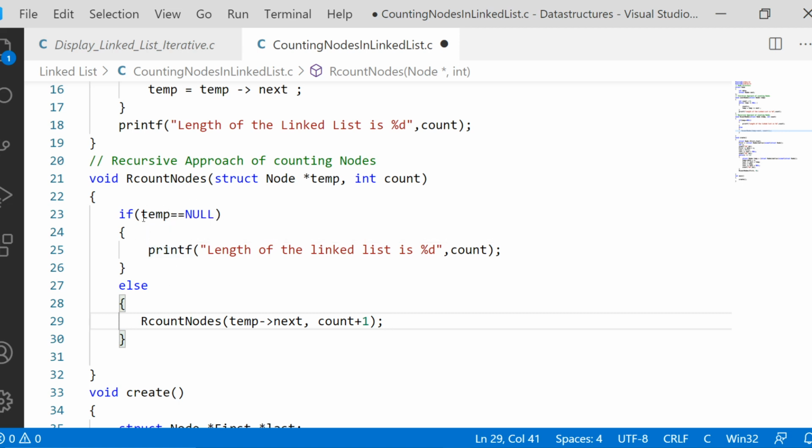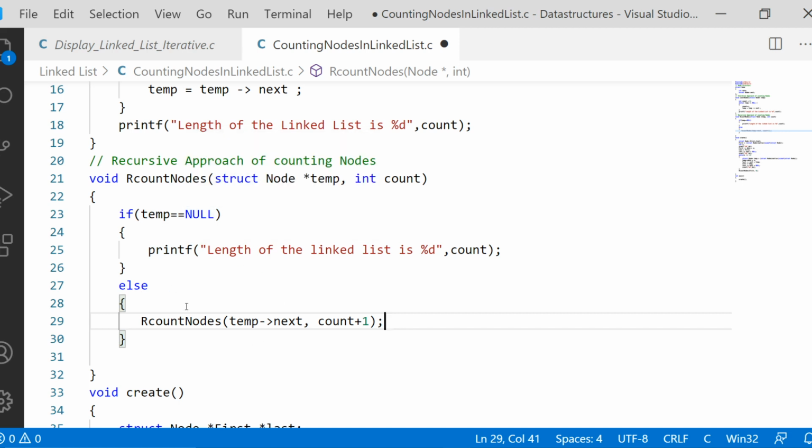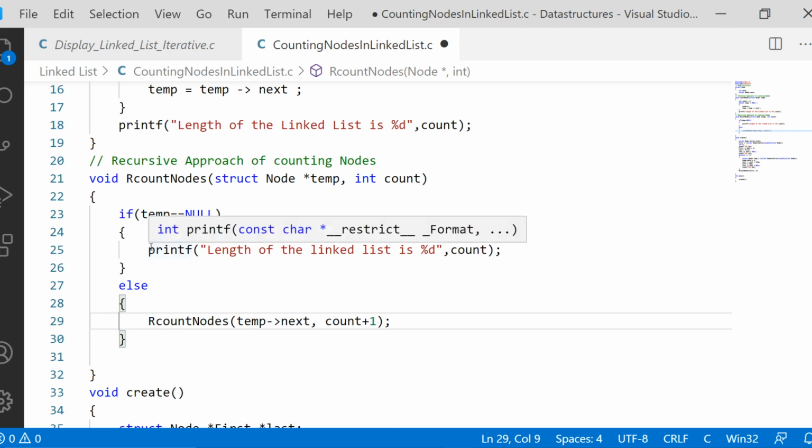Suppose you are writing a condition for stopping, then have the recursive call in the else condition. This is also one other way of writing. So I have just interchanged the position of the recursive call and the print statement, and also changed the condition, a complete contrast to the condition we had before.